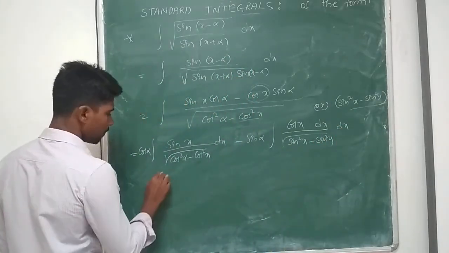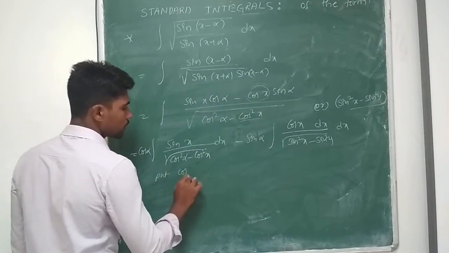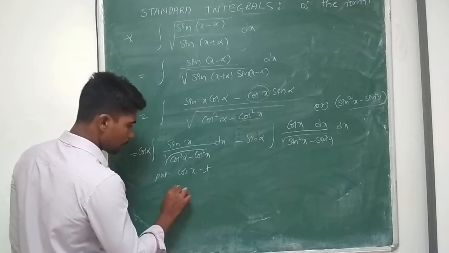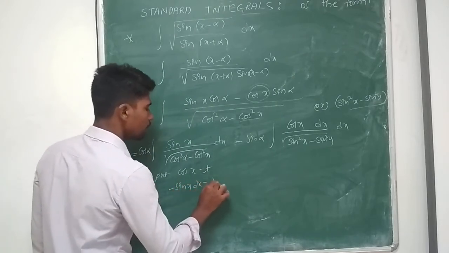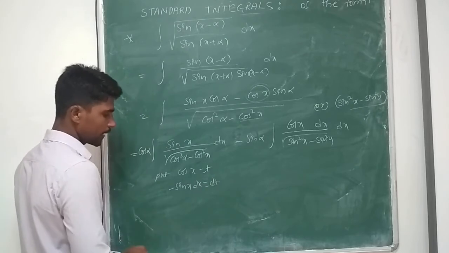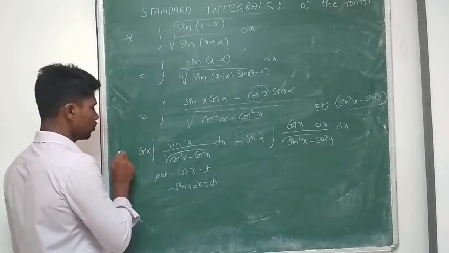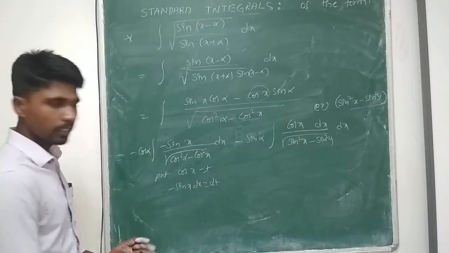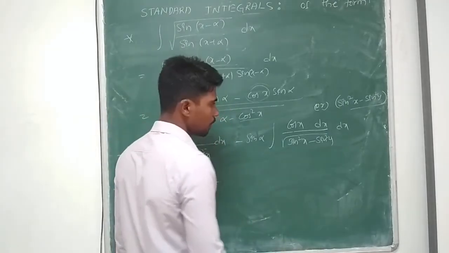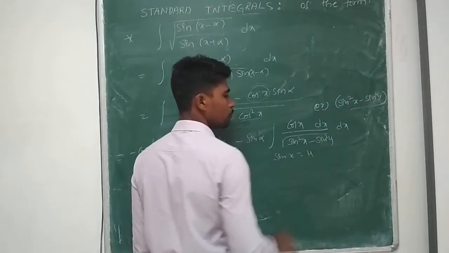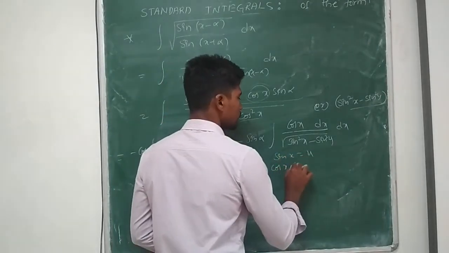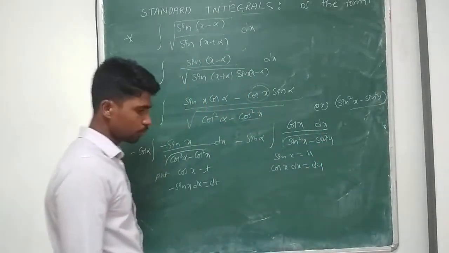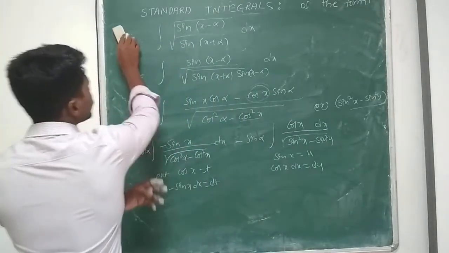Now put cos x equal to t. Then it becomes minus sin x dx equal to dt. I don't have the minus, so minus minus, and this can be replaced as dt. Simultaneously, I want to do this also: put sin x as some u. Cos x dx will be equal to du, so cos x dx can be replaced as du. If I do that, the problem is reduced to the form